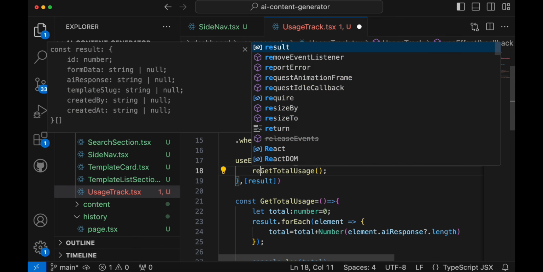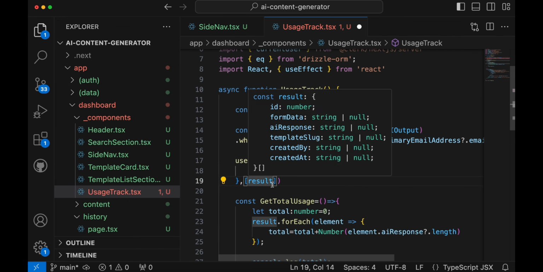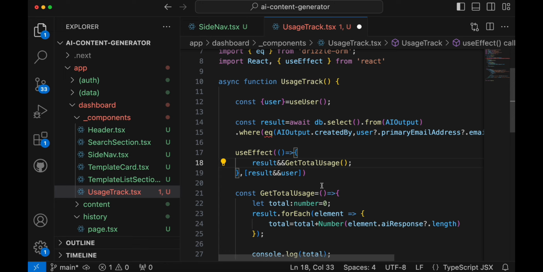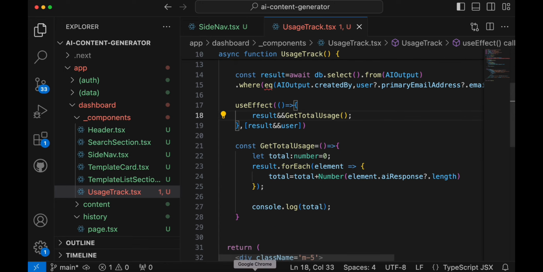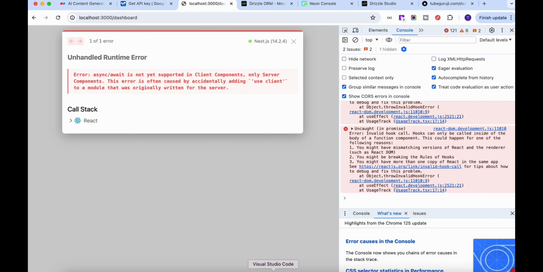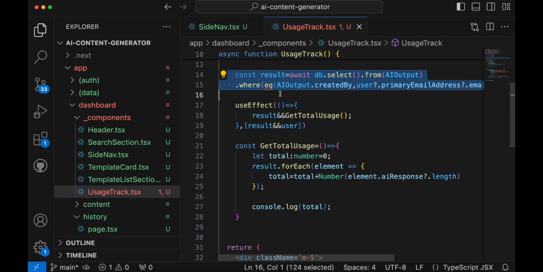So here I'm going to write a condition: result, and obviously we have to check user as well, and if result and user are available, then only execute this particular line. Let's save this one. If I go back to our application, go to the inspect panel, go to the console, we have the hooks error. So right now this is not a good idea to define over here, so simply I will remove it,